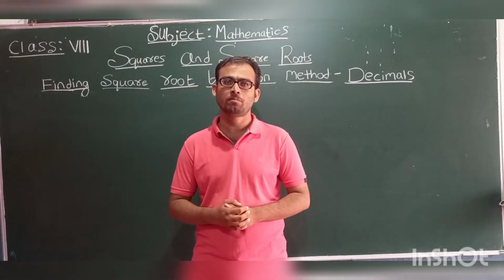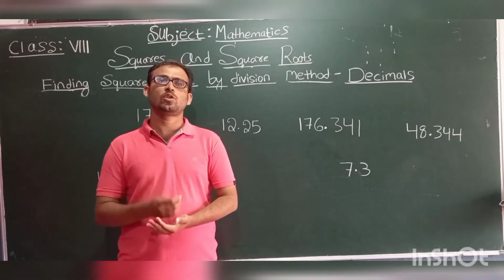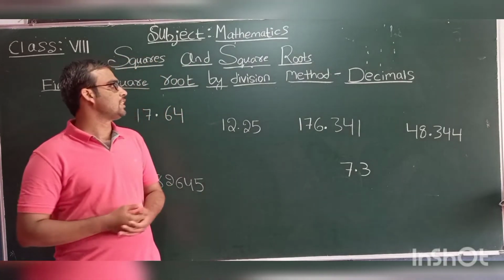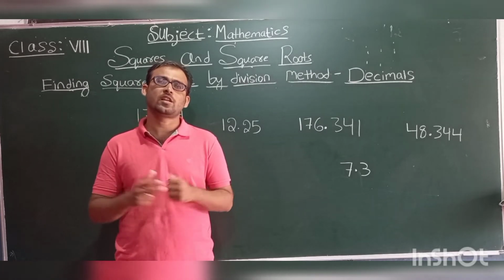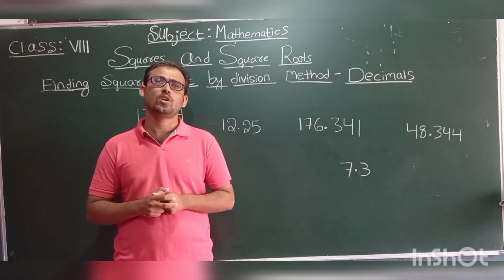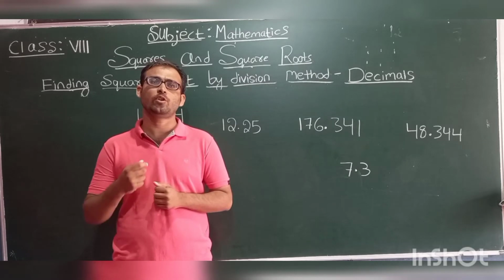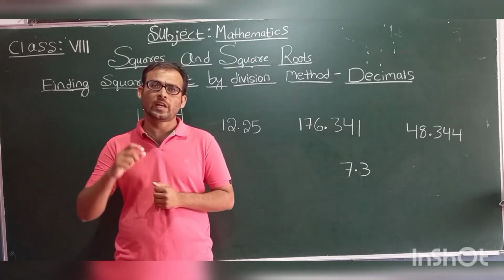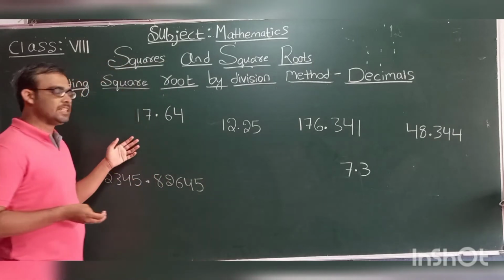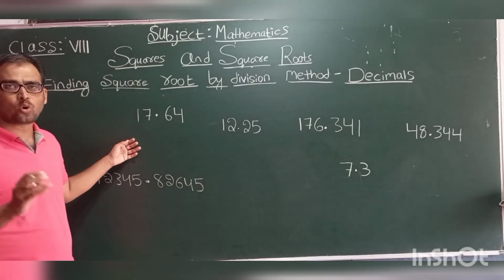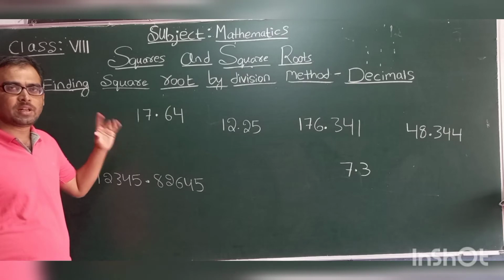Students, here also, in finding the square root of decimals using the division method, most of the steps are similar, but here there is only a little bit of change. Where there is a change means here we need to place the bar over every pair of numbers carefully. Here in decimals, first we will discuss how to place the bar over decimal numbers.